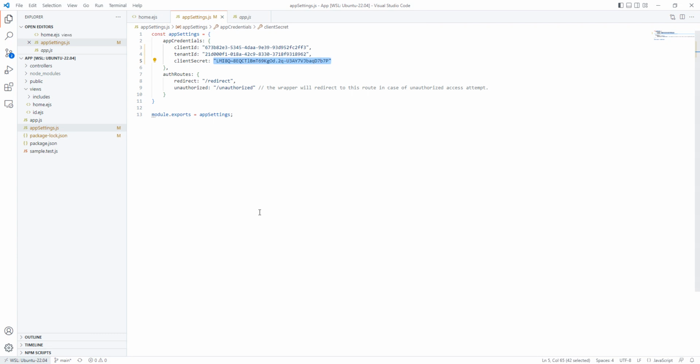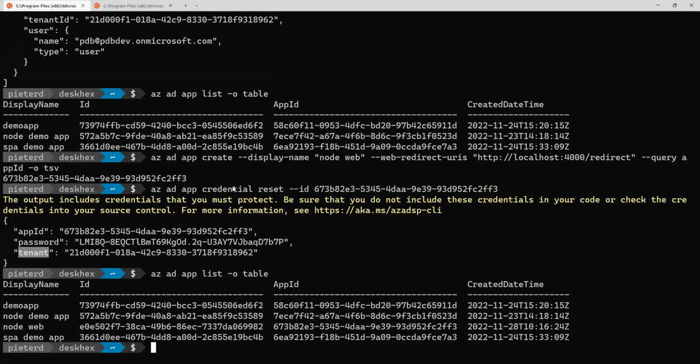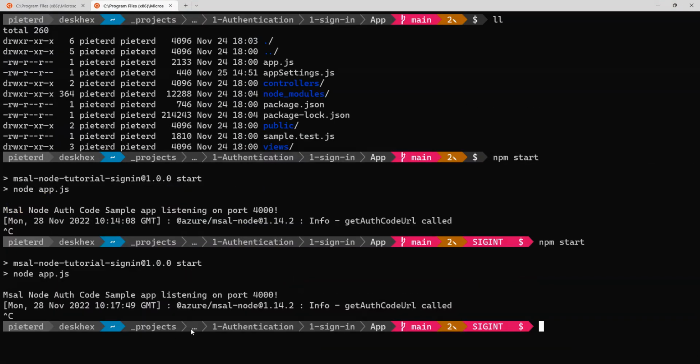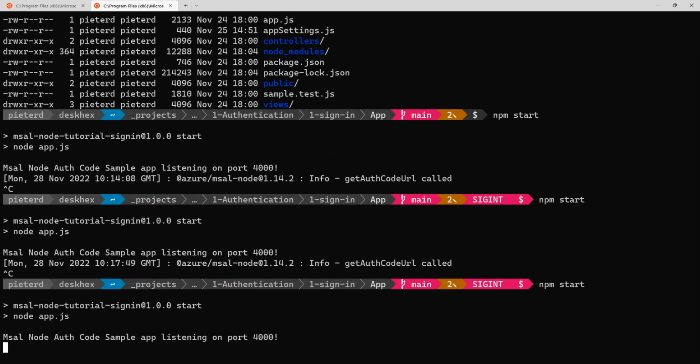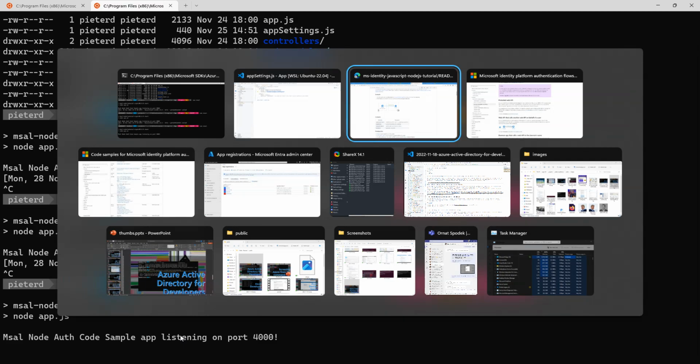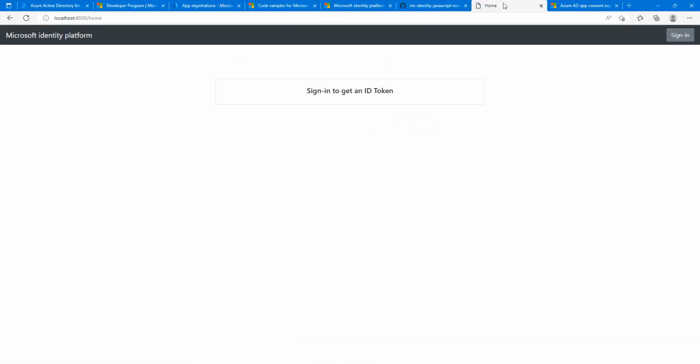Okay, and then when you go back to the browser, or to the command line, you can first start the app. I had that in a different set because it is quite a long path. Then I already did npm install, and it's just npm start, so now it's running on port 4000. And then when we go to the browser, here in 4000, you'll actually see the app running, and I can sign in. And when I sign in,